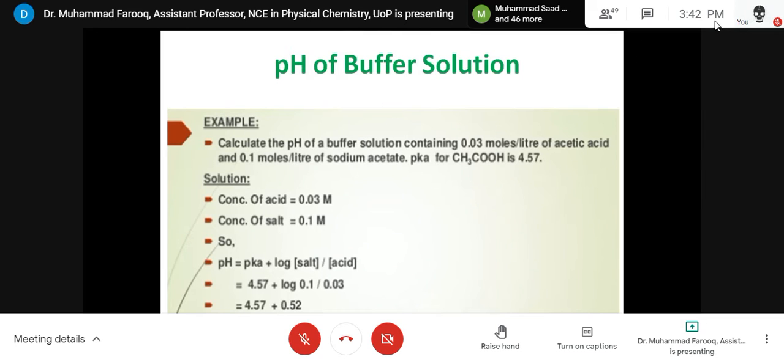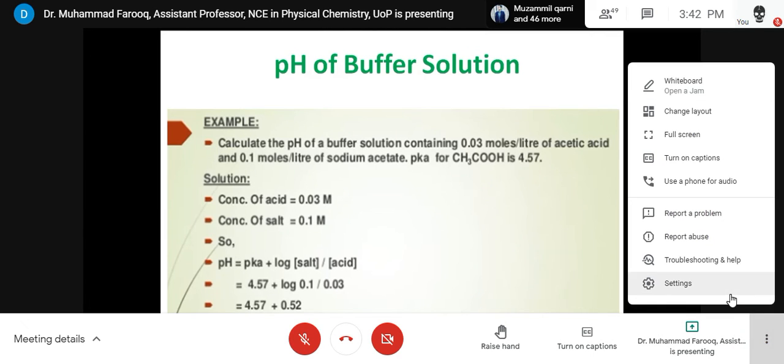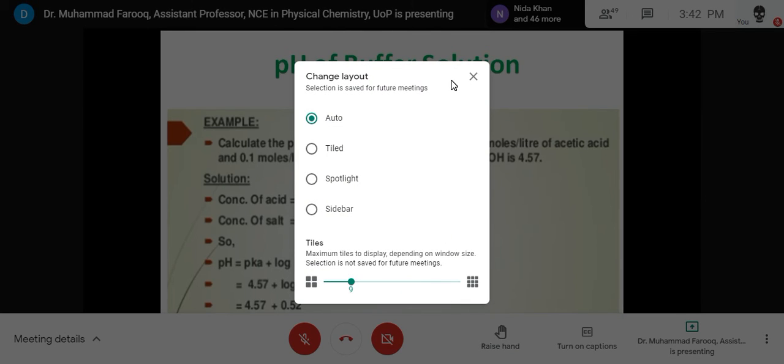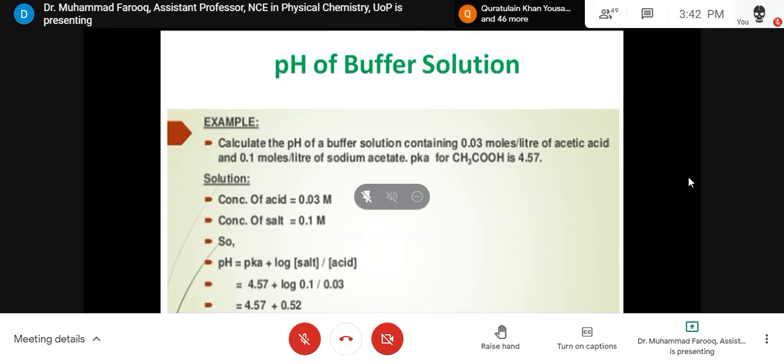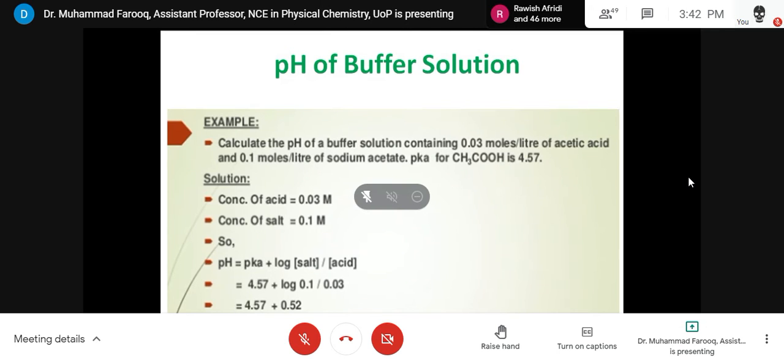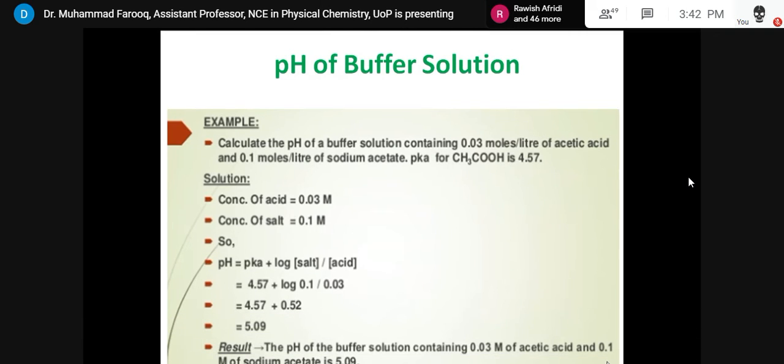Okay, this is if you have the concentration of salt plus acid. For example, you can see log of 0.1 divided by 0.03. You got the plus. If you take the anti-log of this one, log of this one plus, now again you can see zero is equal to, if suppose it is there on the other side, you get 0. Zero is equal to, again you have some value here also, 0.52.